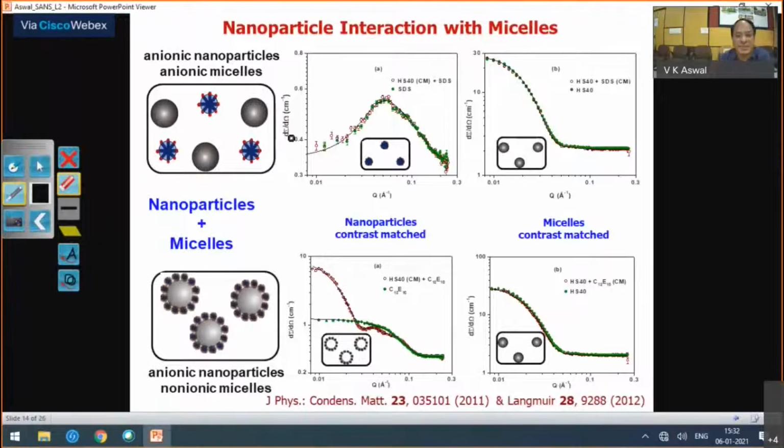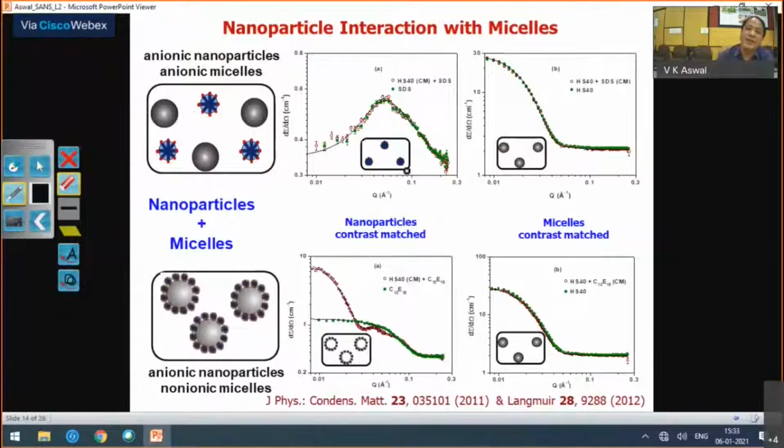So for example, in this case, what you want to do is know what is happening when you mix these nanoparticles with some micelles, and particularly when they are similarly charged, you expect them to be non-physically interacting. Of course, individually they may be changing the structure and interactions, and that you want to confirm. So what you do is you contrast match the nanoparticles actually. And once you contrast match the nanoparticles, then from this system, you take the data. So this system will look like this.